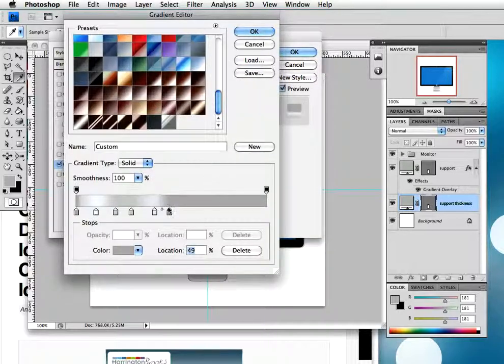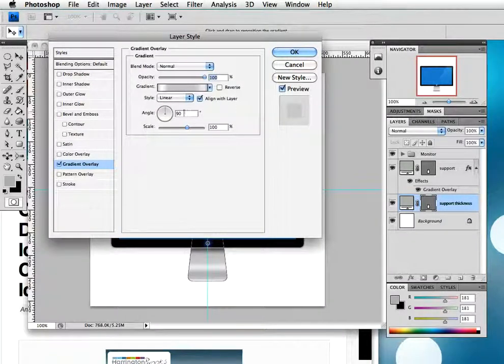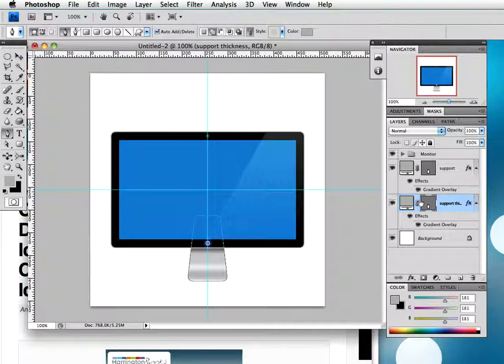Now the placement, we need to bring this last one all the way over to the right. Bring this right next to it. This one's a little bit further over. That looks pretty good. Click on OK. Change the angle to 0 degrees. Click on OK. V on the keyboard for the move tool and just start to nudge it down